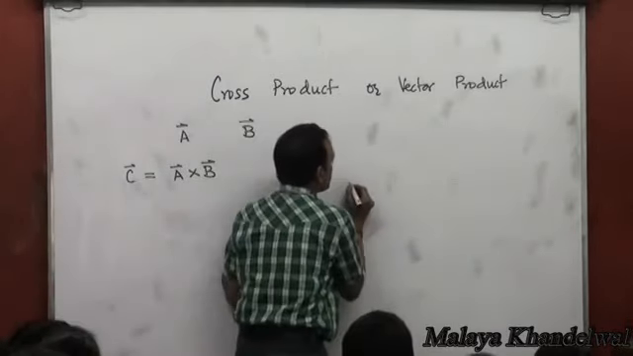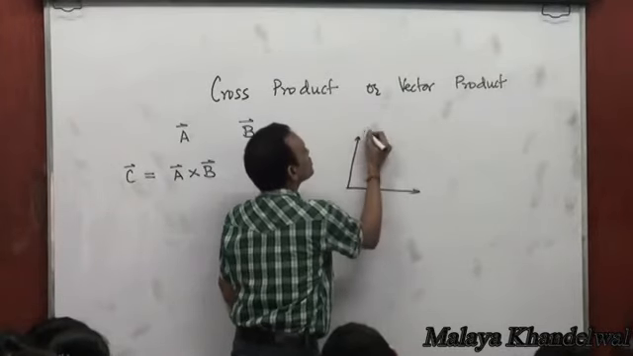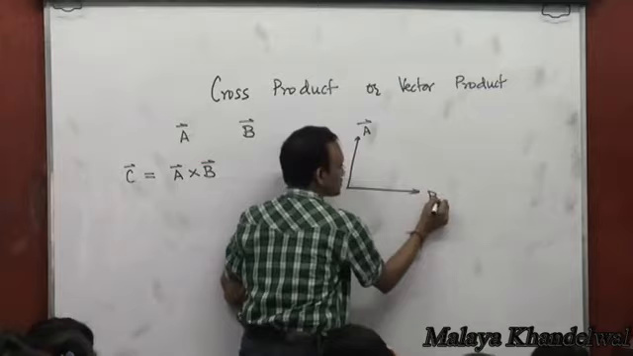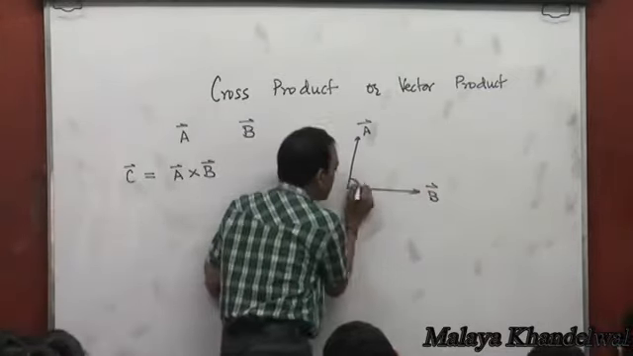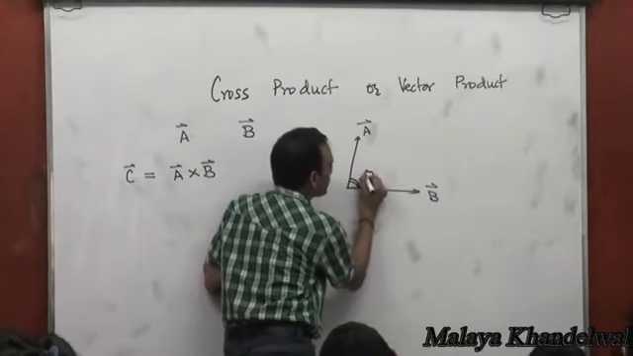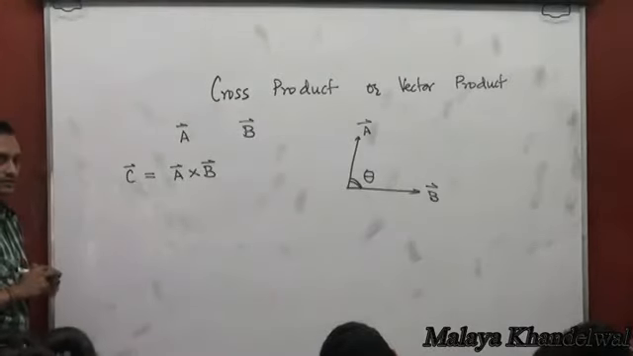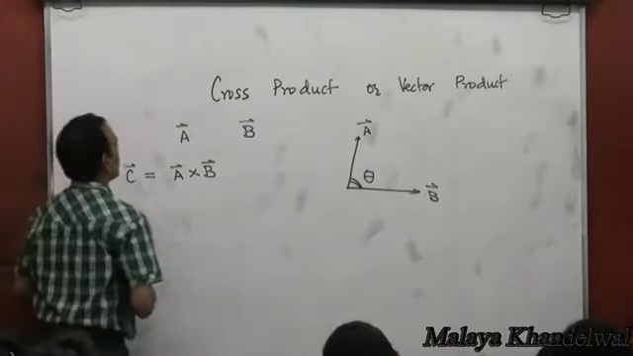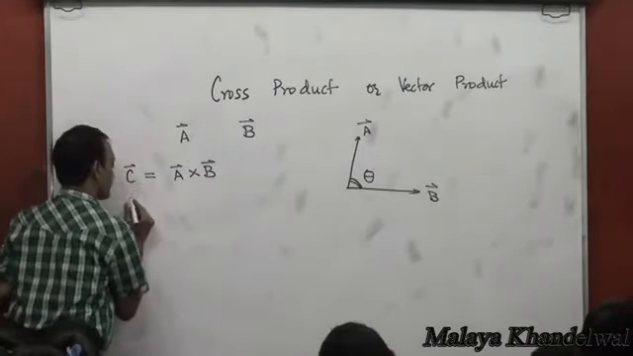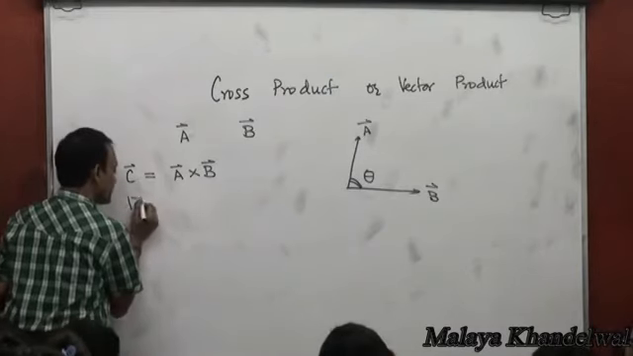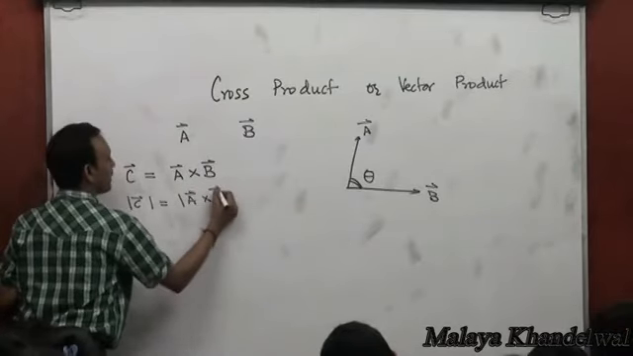Suppose this was the vector A, this was the vector B, right? And the angle between A and B is theta. Then the magnitude of A cross B, that means the magnitude of C, is defined as